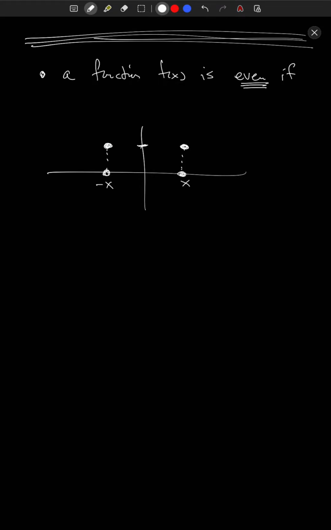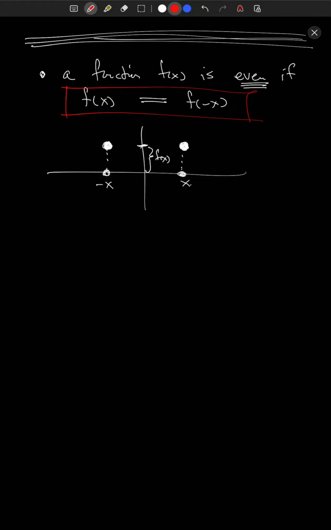Okay. So this guy here, that point right there has height f of x, right? That's the definition of the graph, right? You're on the graph if your coordinates are x comma f of x. And so if f of x is equal to that value right there, then f of -x has to be the same exact value, okay? And so our algebraic description is that f of x compared to f of -x, right, they have to be the same value. So these two guys have to be equal,